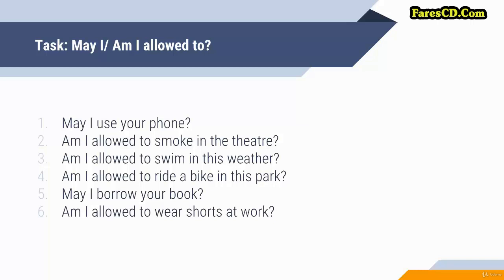When you ask for permission by rules, again, you need to use be allowed to or can. In the past, was or were allowed to, and could. In all of the other cases, when you ask for permission, you can use may, can, or could. Could in this situation does not refer to the past, it refers to the present. It's just a little bit more formal than can. When you want to give permission, in this case you need to use may or can.